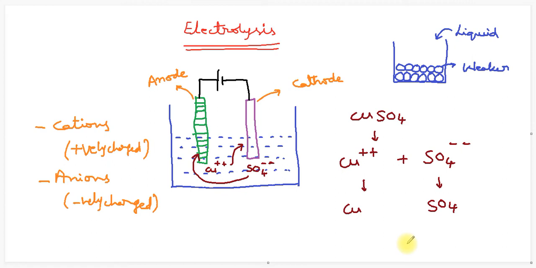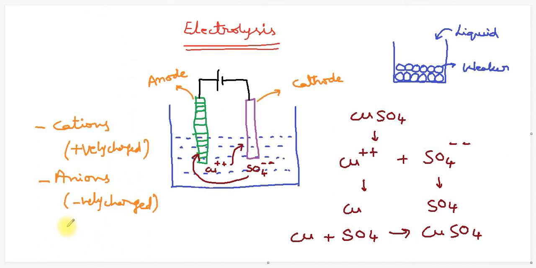For example, if the anode is made up of copper, then it will become copper sulfate, CuSO4. If the anode is not made up of copper or any material that is unable to combine with SO4, then this SO4 will combine with